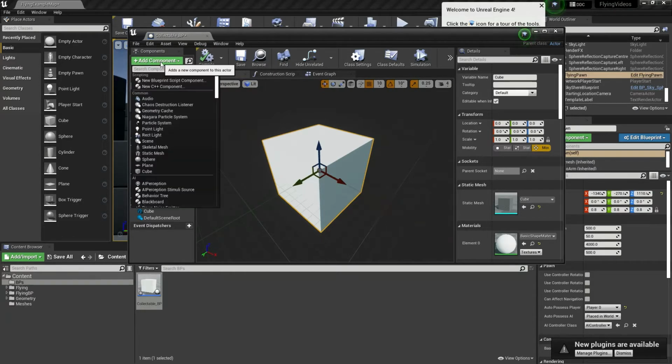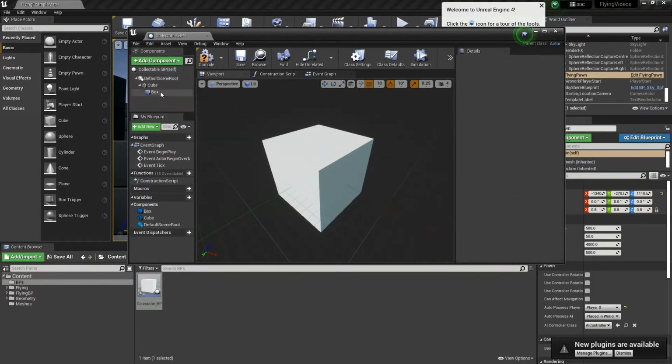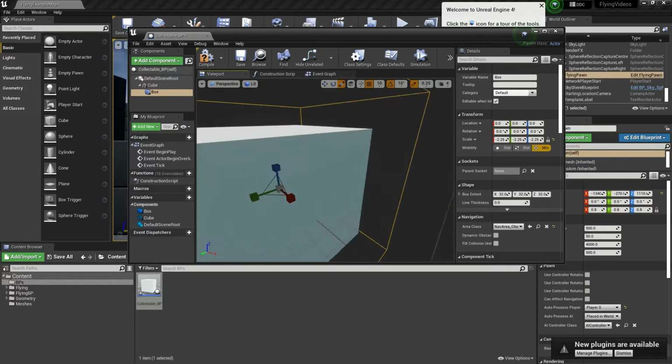Now, to make it easier to climb in this box, I'm going to just add a box collision as well by pressing add component, and I'll probably need to scale that box collision up. So I'm going to just go to my scale tool, scale the collision, so this yellow part represents where the